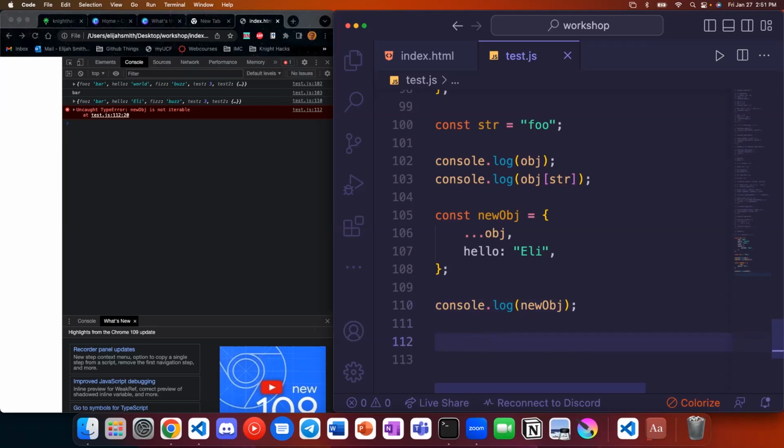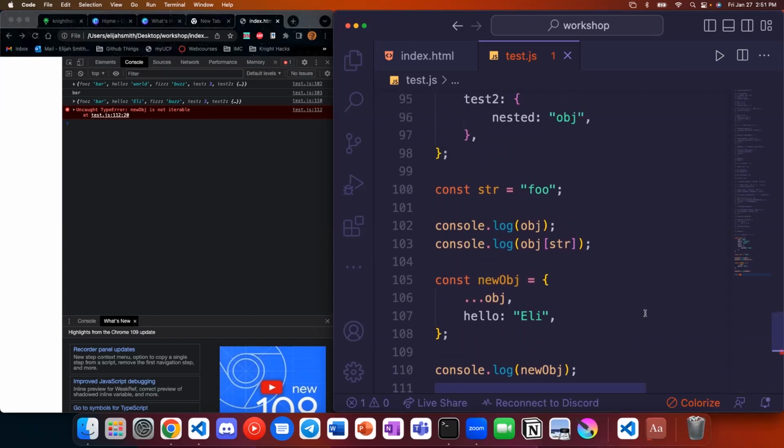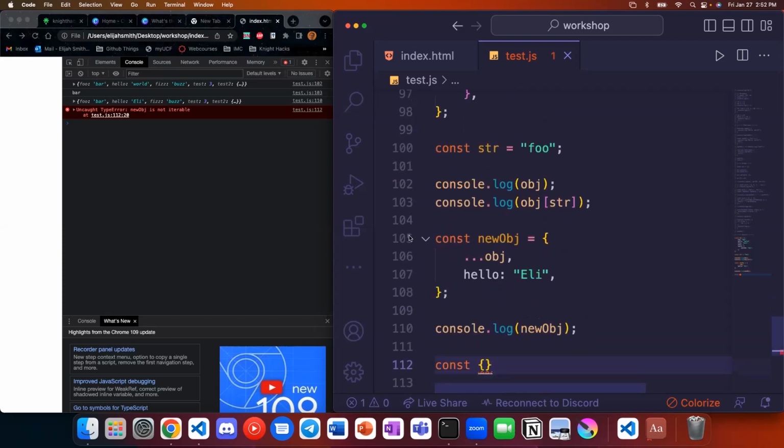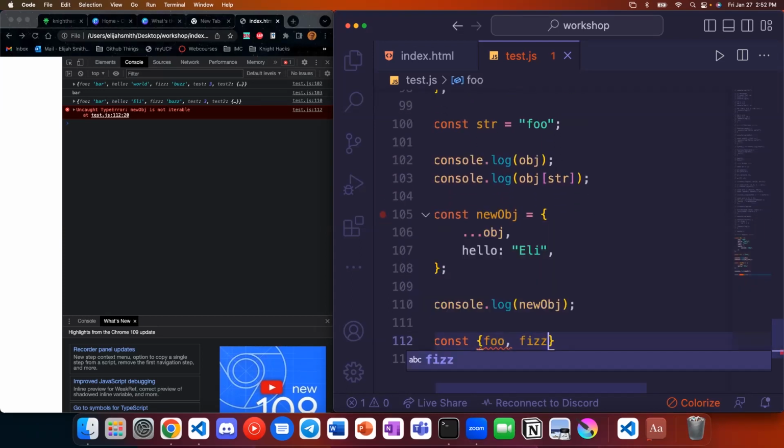Destructuring. We can also destructure if we want to get specific properties out. Destructuring for an object is curly braces to match the syntax rather than brackets to match that syntax. And so this new object has foo and fizz, so let's take those out. We can specify which properties we want to take out, and then the object we want to take them from.